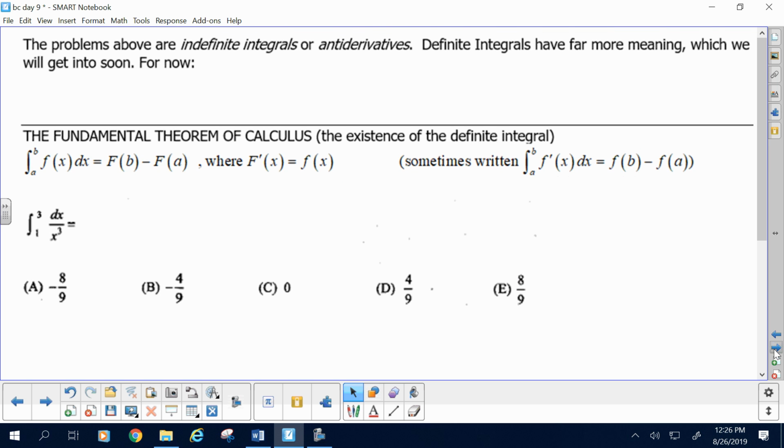All right. With the exception of 1 and 2, those were indefinite integrals. Definite integrals have far more meaning, which we'll get into soon. For now, we'll just get through the very most basic level of the fundamental theorem, which is how to do it. Not what does it mean, but how to do it. The fundamental theorem of calculus, one of the greatest ideas of all mankind, is that if you have a definite integral of a function, you can first find the